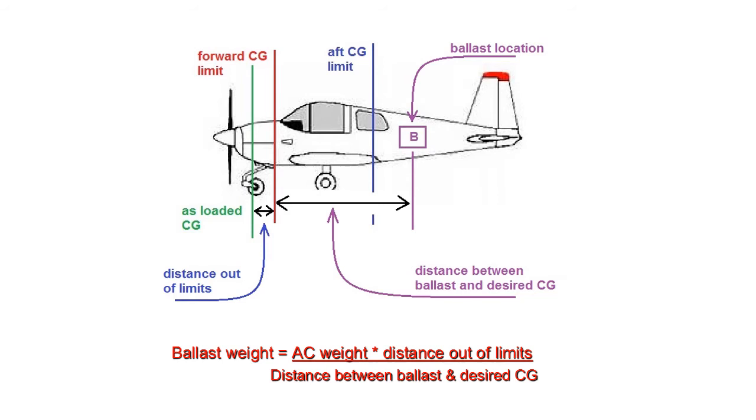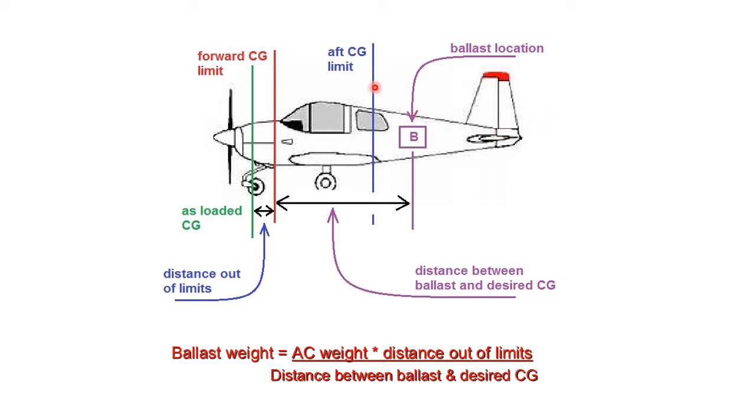We can use this sketch to better explain how to use this formula to determine how much ballast is needed to bring this aircraft into balance. This red line here is our forward CG limit. This blue line here represents our aft CG limit. This purple line and box represents the location we will add ballast to bring this airplane back into balance. This green line represents our current as-loaded center of gravity, which needs to be brought back within the center